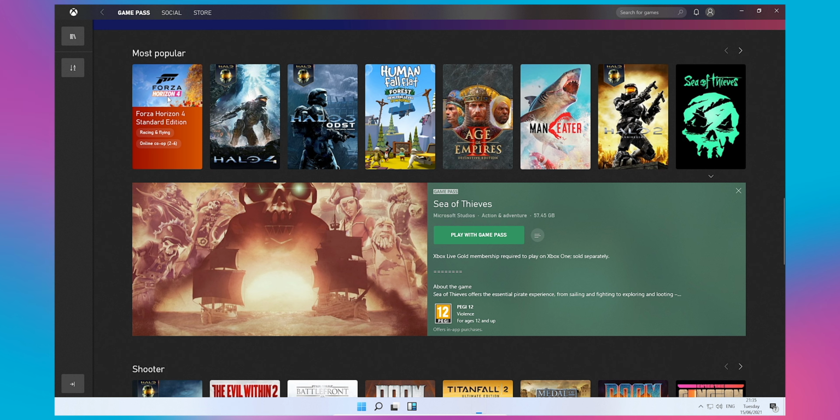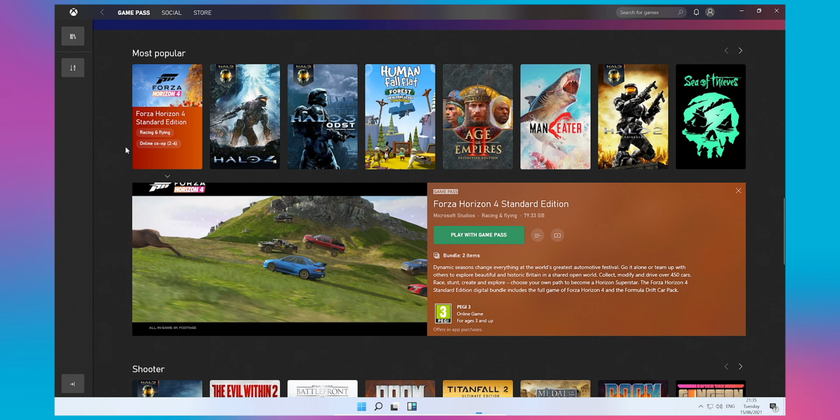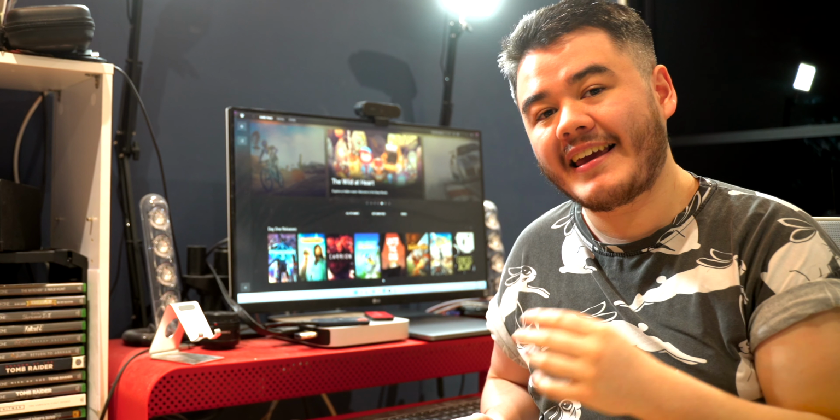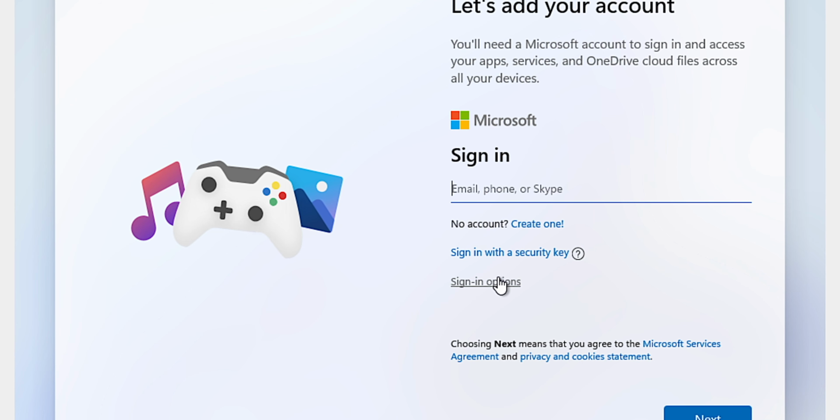Not only does the Xbox app come pre-installed with your Windows 11 system, but I honestly do predict that Microsoft will offer you Game Pass for a period of time, 3 months, at extreme discount. When you buy a new Xbox Series S or Series X, you get Game Pass offered to you for €1 for 3 months, Game Pass Ultimate. And I honestly believe that when you turn on and set up your new Windows 11 system, you will be offered something very similar, if not the same.